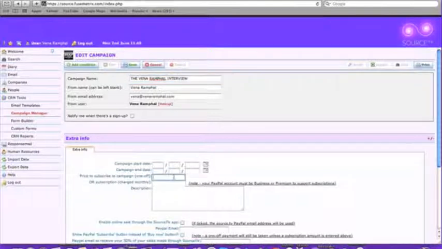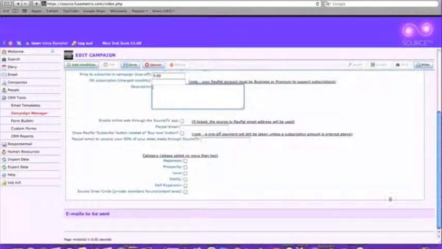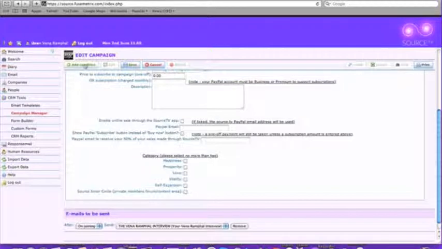So here in this campaign you can put a price in here, and as this is a free sign up, I'm just going to put in 0. That's really the only box that you need to worry about. And then down here is a summary of the emails to be sent. At the moment it's blank, so I'm just going to add a condition, and each time you add a condition